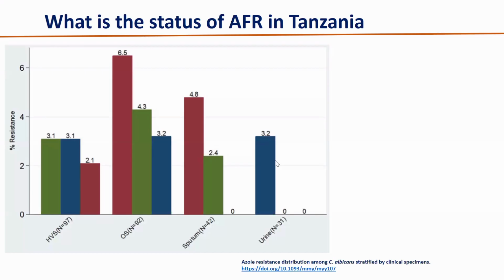We had women with vaginal candidiasis, where we took a high vaginal swab, and we found the prevalence of fluconazole resistance to be less than 10%. It was very high among patients with esophageal candidiasis, but for the rest of the infections, it was very low, below 5%, which is good news, but it should not make us keep quiet. We should keep on observing the antifungal resistance, and we should keep on maintaining the usage of antifungals.